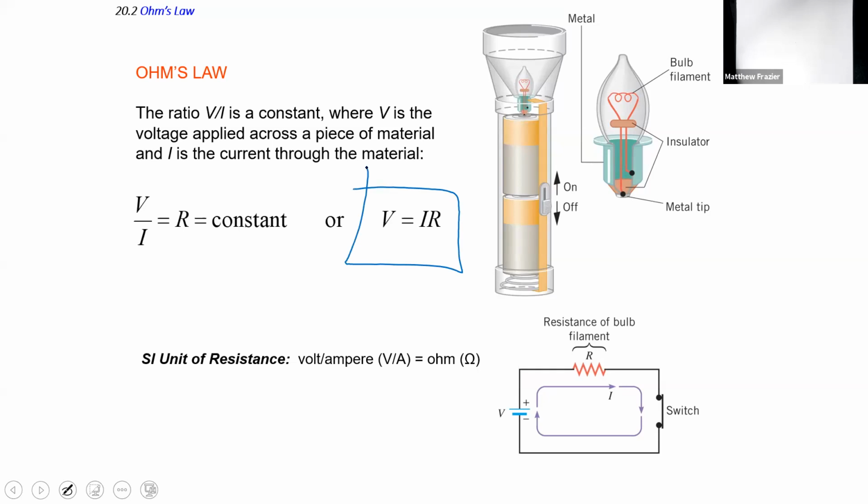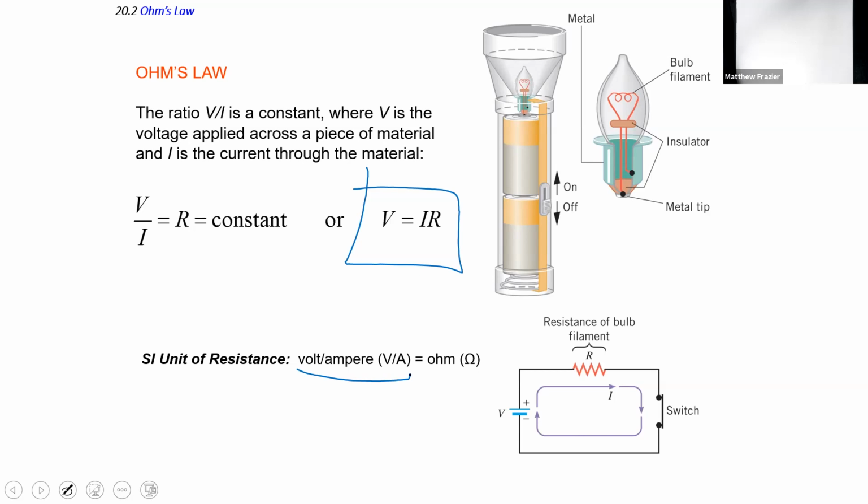We have some units. Units for resistance is the ratio of volts over amps, which is ohms. Ohm's law, and the unit ohm is named after a guy, Georg Ohm, who did a lot of studying about resistance. And I'll show some findings here in the next couple of slides that are kind of extra, but